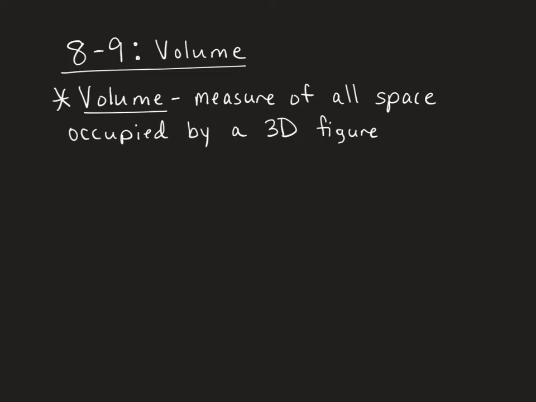Lesson 8-9 is about volume. Volume is just a measure of all the space occupied by a 3D figure. We're going to use a formula each time for volume. Volume is equal to capital B times lowercase h. This is base area times height,